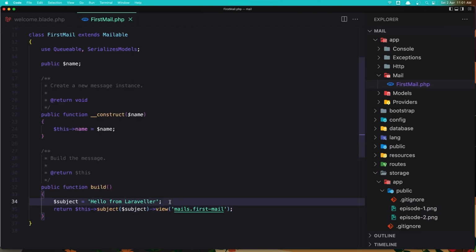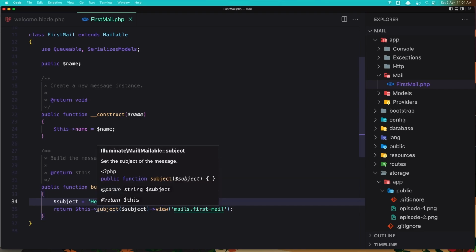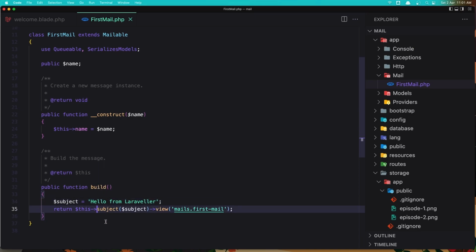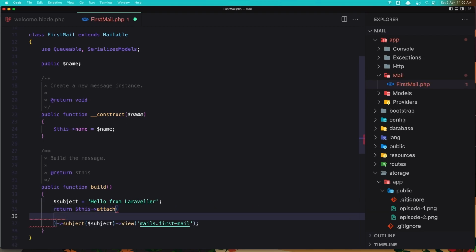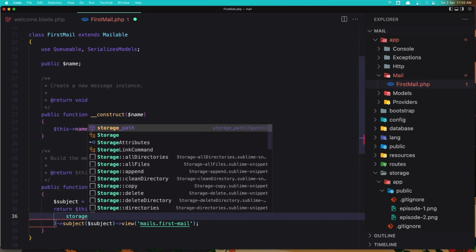Okay, let's say $this->attach, and here now we need to add the image path. So let's say storage path